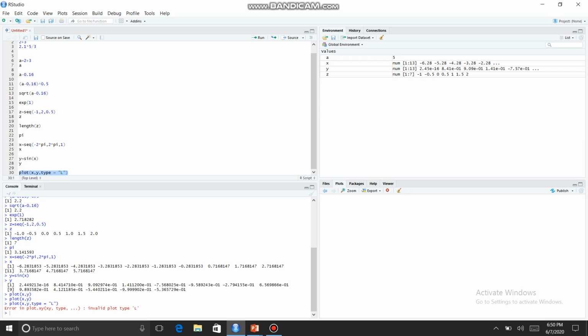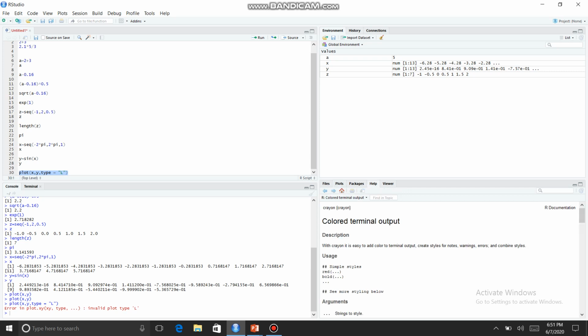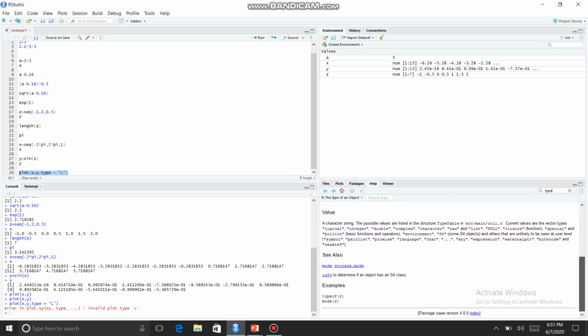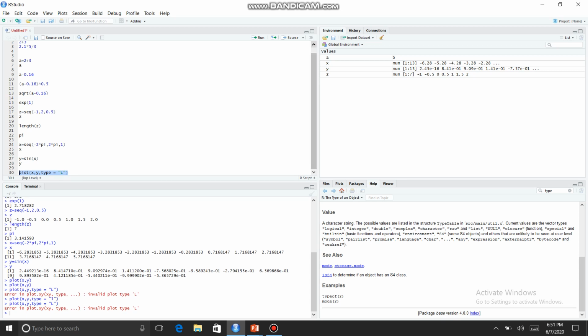Let us see what type L contains. Go to the help section. In the help section, search for type. Press enter. Scroll down. You will get the answer in the help section. Now here we have written L in capital letters.